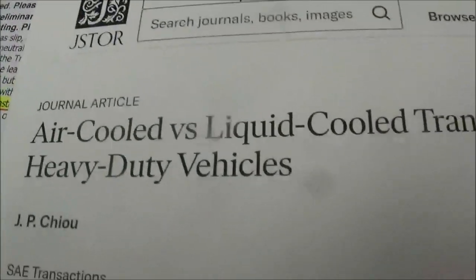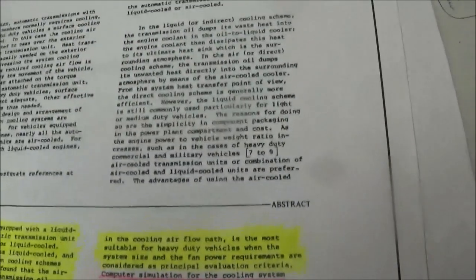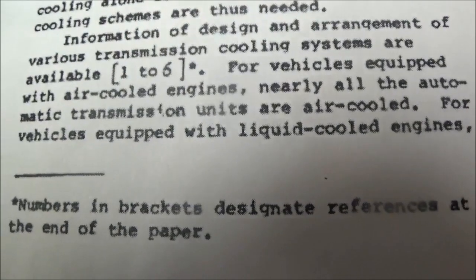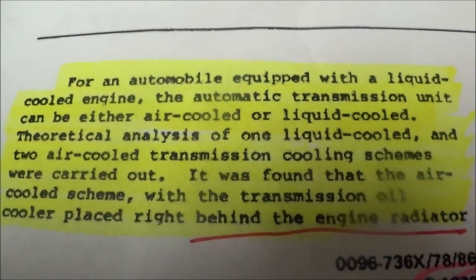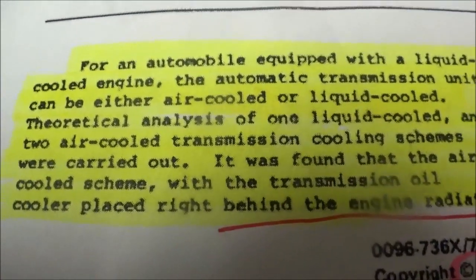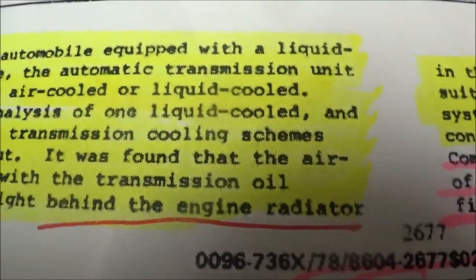This was a journal that was written, air-cooled versus liquid-cooled transmission oil cooler for heavy-duty vehicles, okay? The ones who did this study were the Society of Automotive Engineers, SAE. And here you can read it: for vehicles equipped with air-cooled engines, nearly all the automatic transmission units are air-cooled. But I'll go down here and it says, for an automobile equipped with a liquid-cooled engine, the automatic transmission unit can be either air-cooled or liquid-cooled. Theoretical analysis of one liquid-cooled and two air-cooled transmission cooling schemes was carried out. It was found that the air-cooled scheme with the transmission oil cooler placed right behind the engine radiator